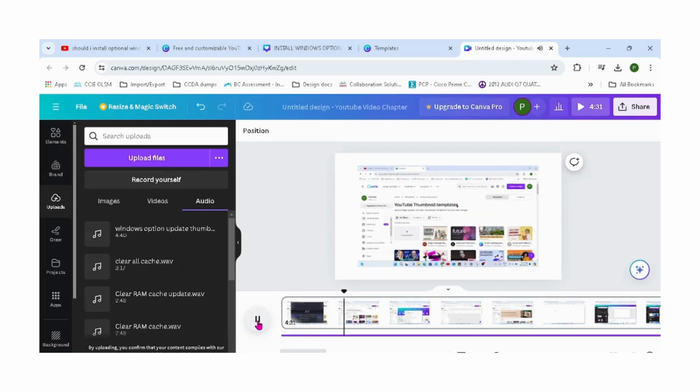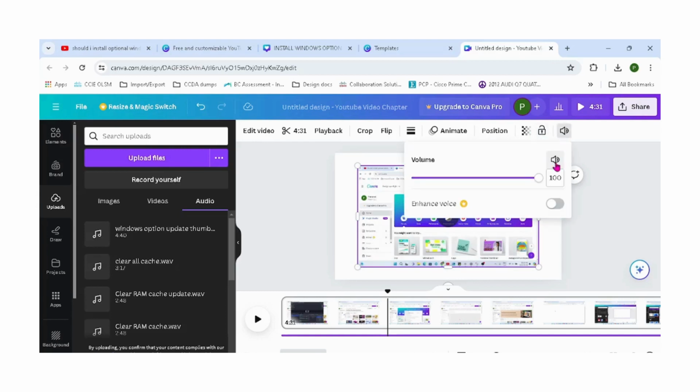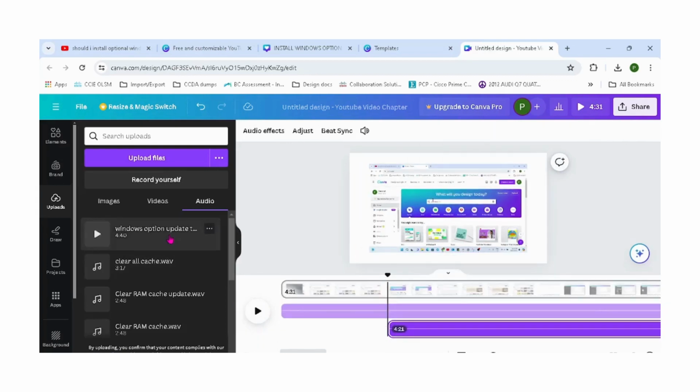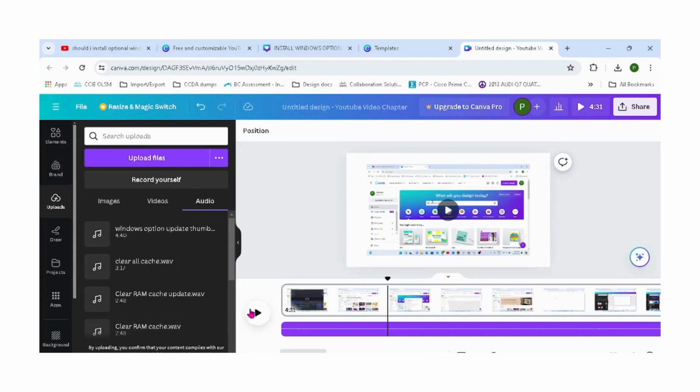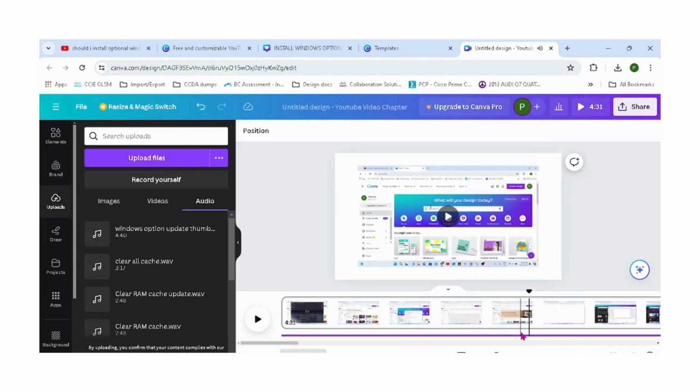You can hear some background noise, so I will remove this noise by selecting the video and clicking on this audio sound and click on mute. It will remove the background noise. Great, so audio has been